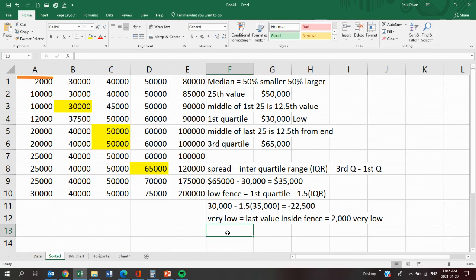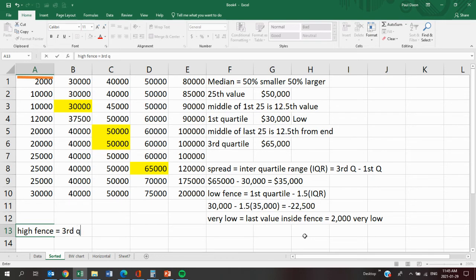And at the same time, how do I define very high? I'm going to make a high fence around the highest value. It's going to be the same way going out the other direction. The third quartile plus 1.5 times IQR. And you do the math, you should get 117,500. And so my value for very high